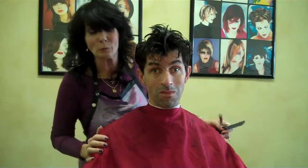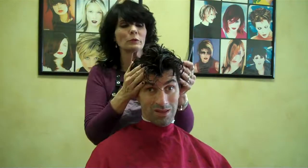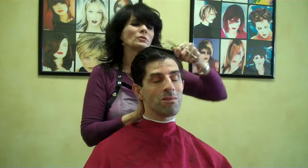As you can see, now this is really long up here compared to the rest of it. And now we're going to just take some tips off the top with water one more time. When the hair is wet, it's just a lot easier to see what you're doing. The customer is sitting up straight when you're doing this because you want a straight line. I'm going to lower him just a little bit because I really want him level with me. Hold the head straight, comb backwards,